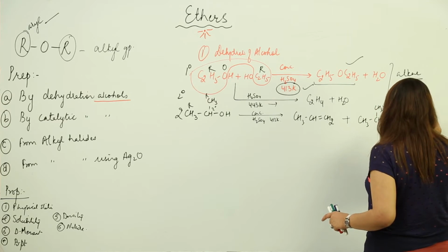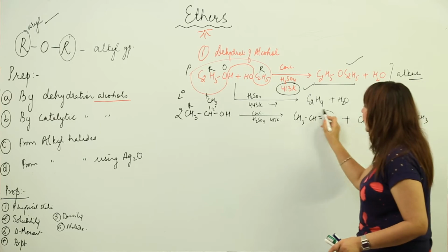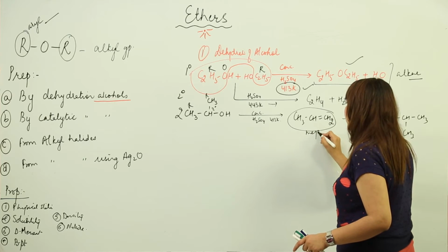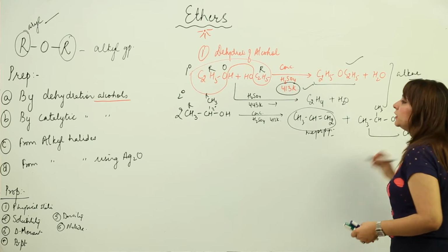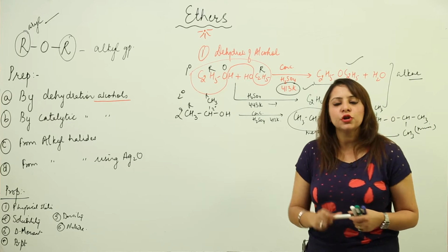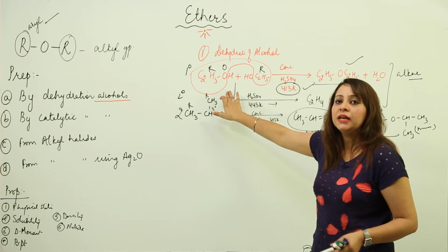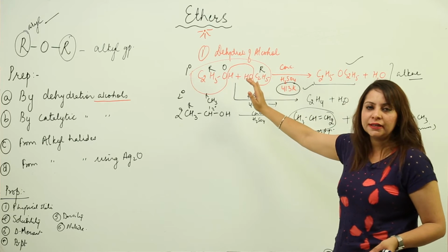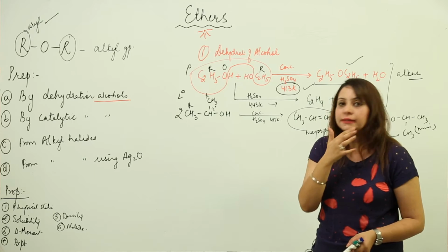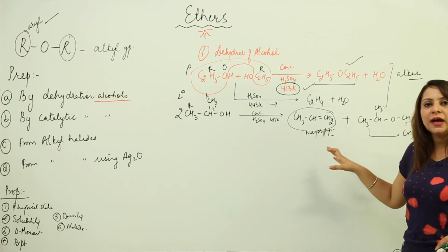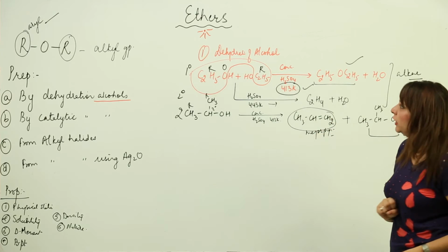With the same reagents, in this case the alkene is the major product, and here the ether is a minor product. That is why we do not use secondary or tertiary alcohols. Instead we prefer primary alcohol. There is a chance in this also that it may produce alkene, but here the alkene acts as a secondary product, whereas in the other case it acts as a primary product. Therefore we do not take 2 degree or 3 degree alcohol. So I think it's clear.